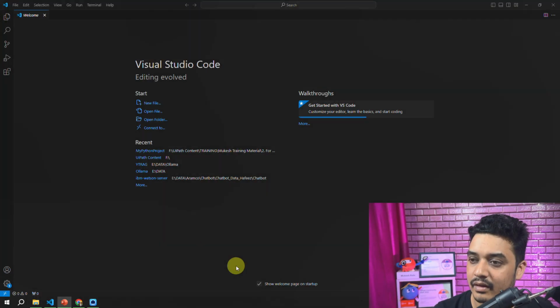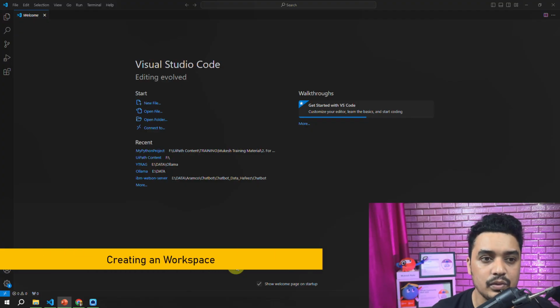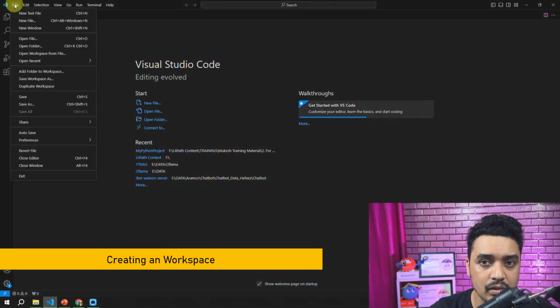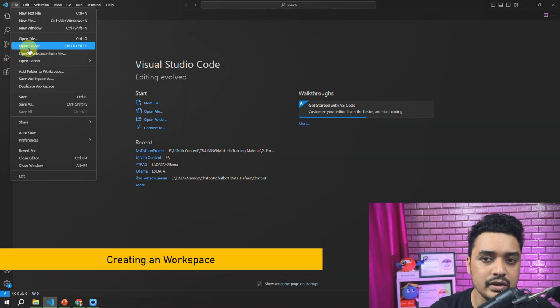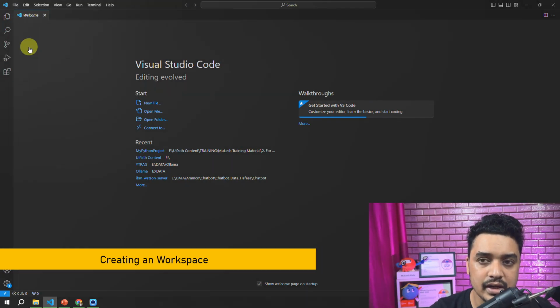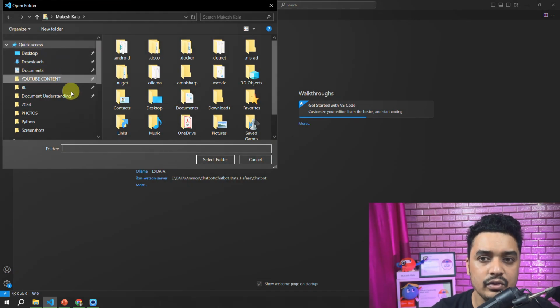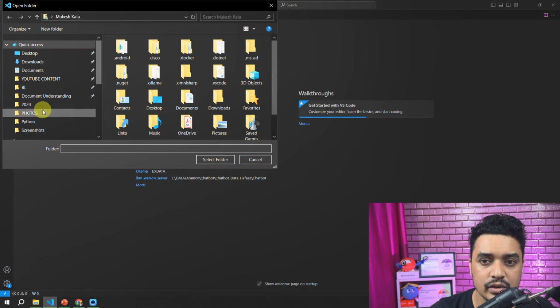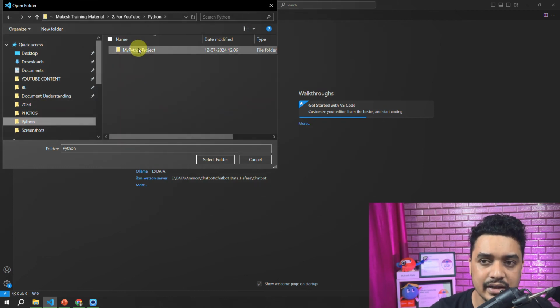Okay, so I am back to my Visual Studio Code, right? Once you have opened Visual Studio Code, all you have to do is go to the File menu at the top, and then select the option Open Folder. In Open Folder, you have to select the folder which you just created, right? If you remember, I created this folder in this path, which is my Python project, right? So I'll go to that location, select this folder, and select it,